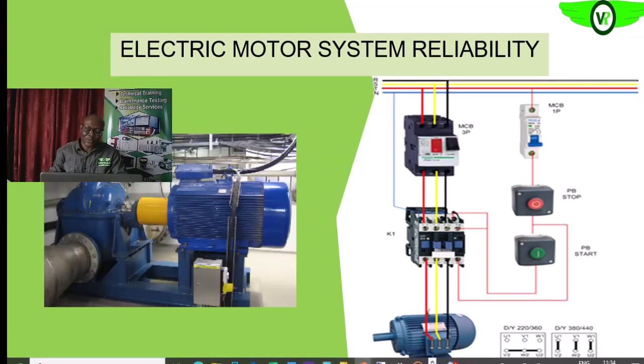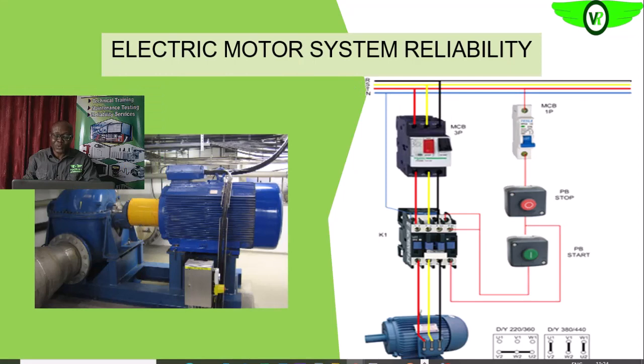How do I mean when I say the reliability of a component? So if you look at the right of your screen now, you will see the electric motor system ranging from the power input, okay, input into the system, to the feeders, the circuit breakers in line with your electric motors, the contactor, and also the control circuitry, and of course the electric motor itself. So you will see that the reliability of all of these components, including the cabling, the feeder lines, the electric motor, the contactor, and the circuit breaker, and if you have isolator switches on them, and the control circuitry, all of this will affect the reliability